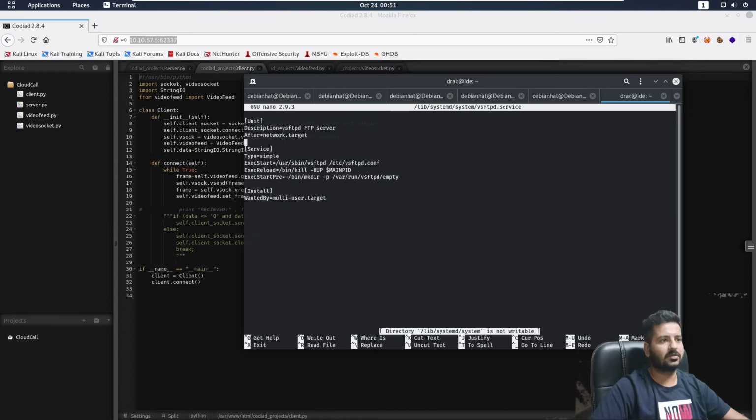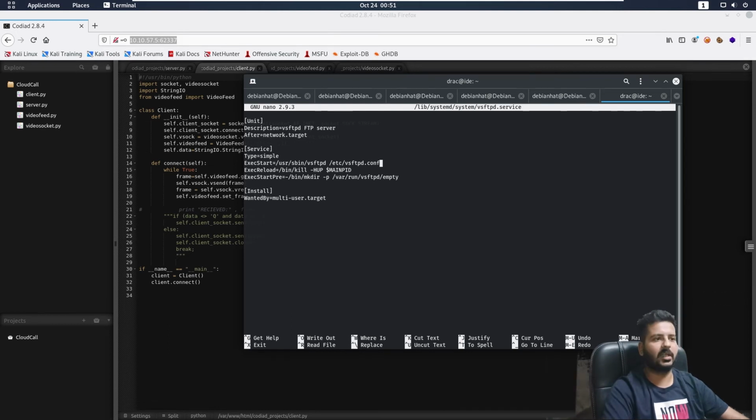Okay, so it's working fine here. What I need to do is change this ExecStart, so what needs to be executed. There are three ways that you can do it. You can try to get a reverse shell. You can try to change the path in the environment variable, and therein you can try to get the root shell.